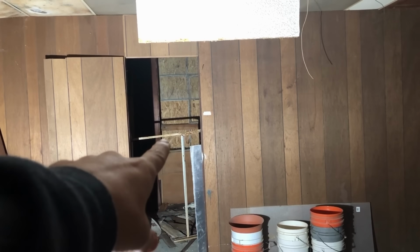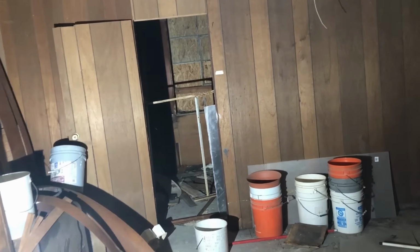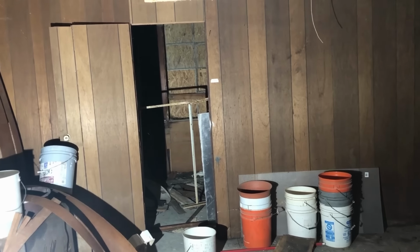Have my little light in here because when we were having all of our break-ins, people were smashing those windows in the front, and so I had to seal them up, cap them off to prevent that, and now I have no light coming into the room. So, yeah. There is a divider wall in here